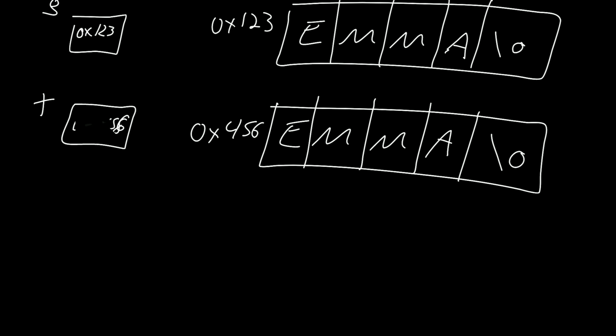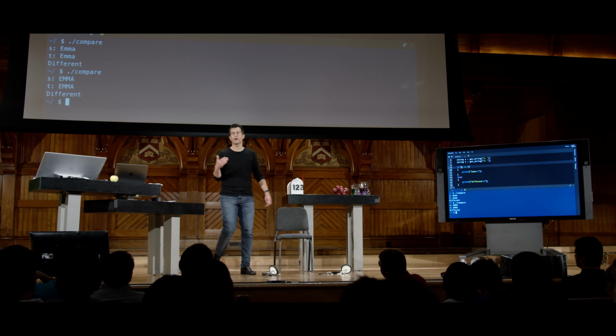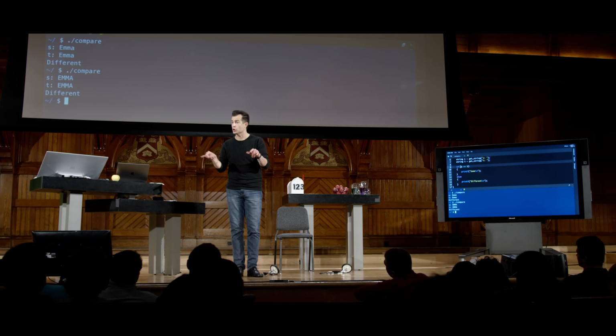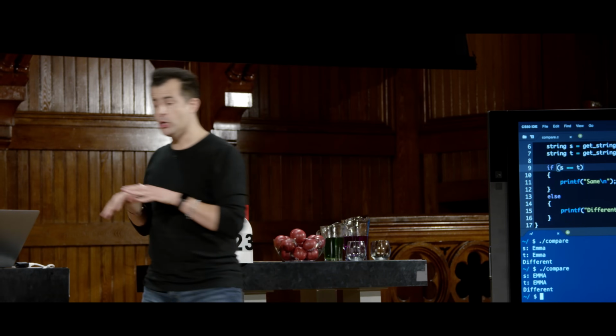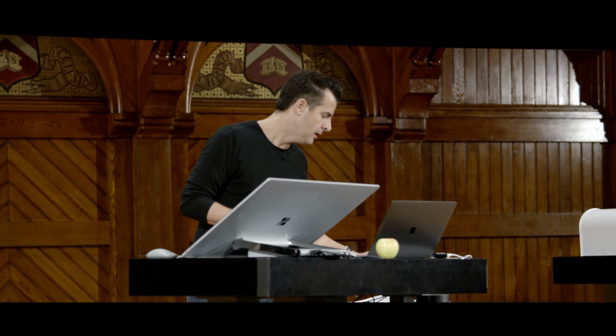Put another way, if I instead draw these boxes not as actual numbers, what we really have is what we'll draw as an arrow more generally, just a pointer to that value. Who really cares where the address is? So this is why last week we kind of waved our hand and said, you can't just compare two strings, because you probably have to compare every character. And that was true. But what you're technically comparing is indeed the addresses of those two variables. Any questions then on this here?